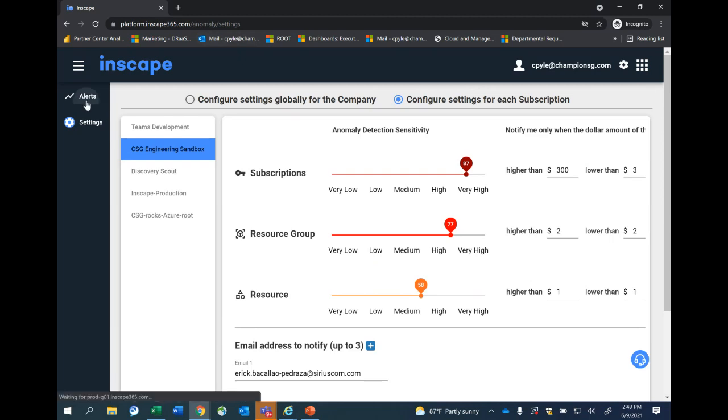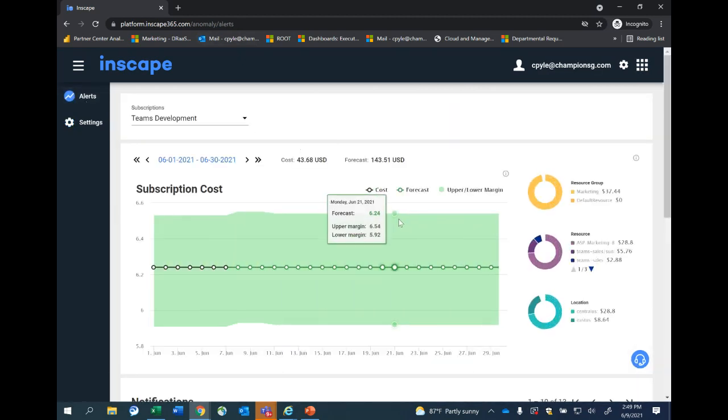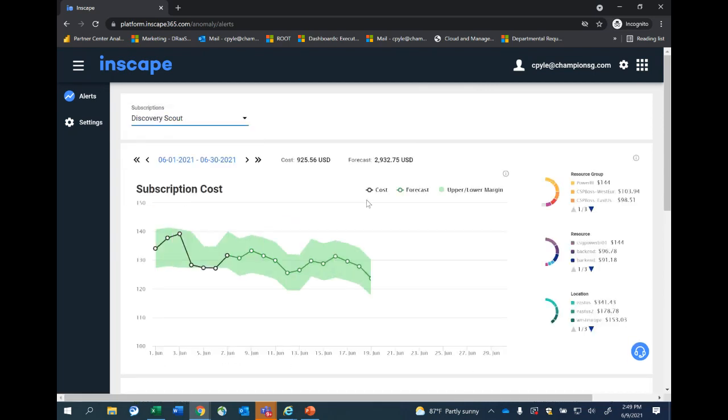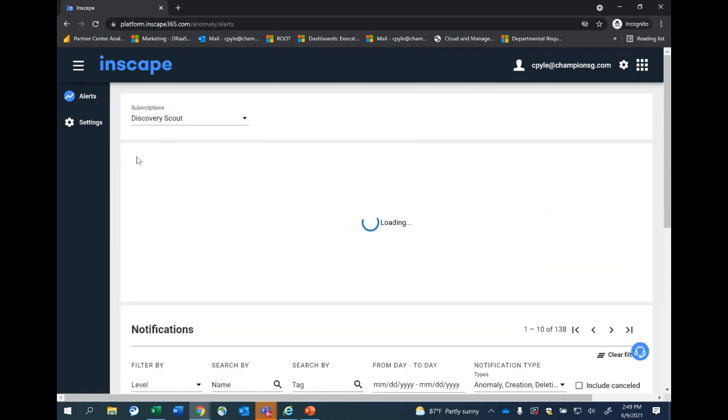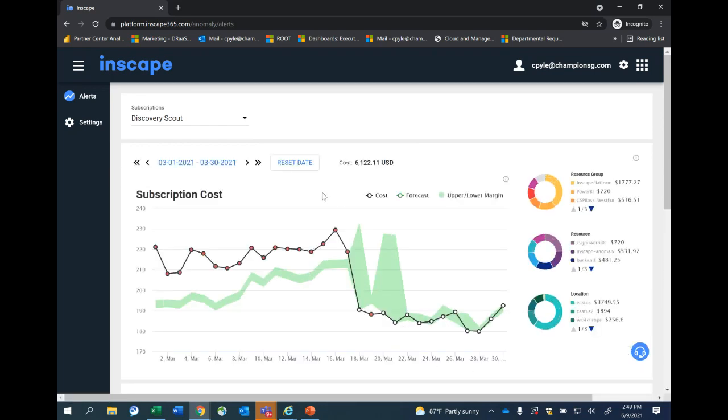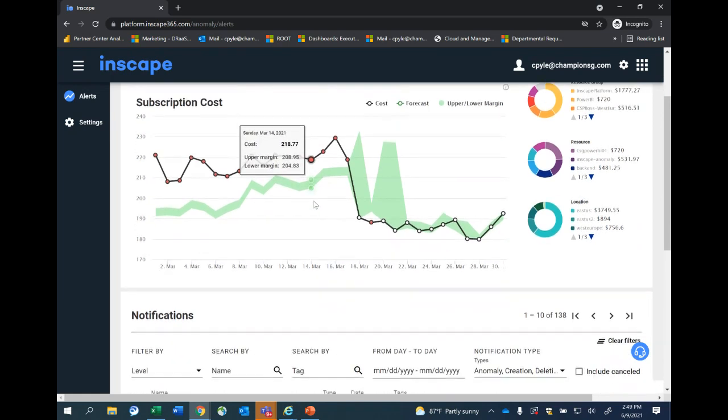So let's go over here. I'm going to go back and show you what this looks like. I'm going to use, I think it was Discovery Scout. I'm going to go back to when we first installed Anomaly in our environment. So we installed Anomaly in our environment on this day, okay?